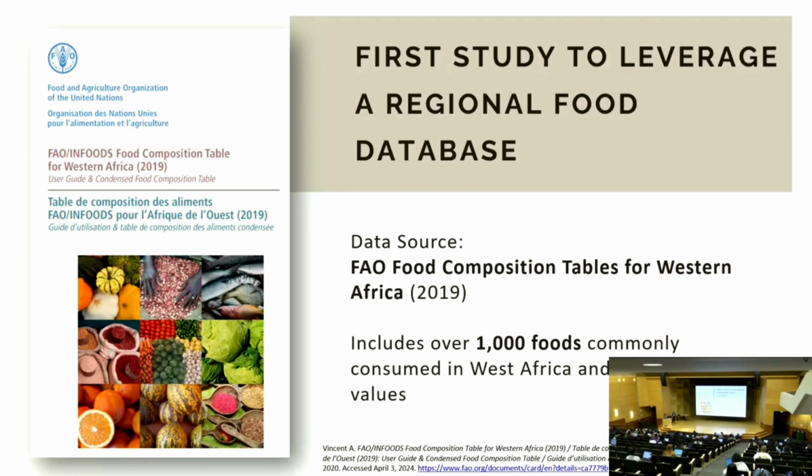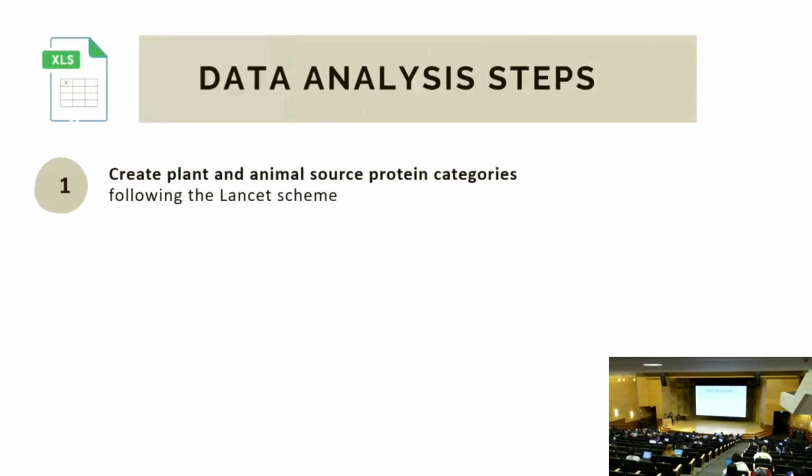Everyone should be eating these specific amounts of these specific food groups. However, the way that we eat those foods, or the foods that we're eating to fill those food groups, could vary drastically from region to region. So therefore, the nutrient content could also vary. So here's how I went about it, a little step-by-step. First I took this database and assigned every single food in the database an Eat Lancet food category. I followed the categorization scheme and excluded all the foods that didn't fit nicely into one of those categories because they aren't included in the Planetary Health Diet.